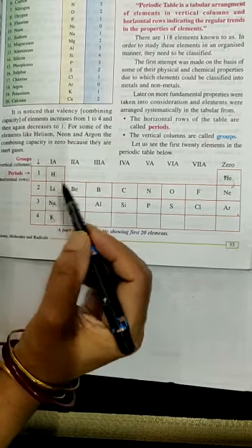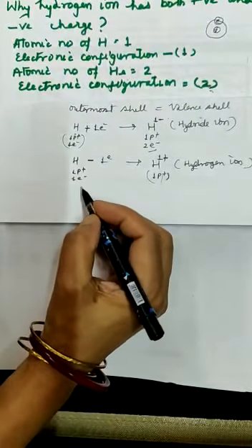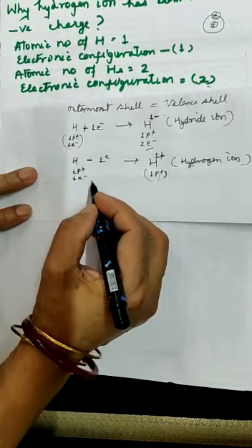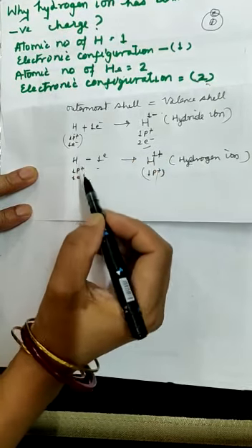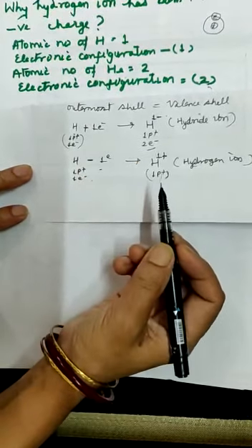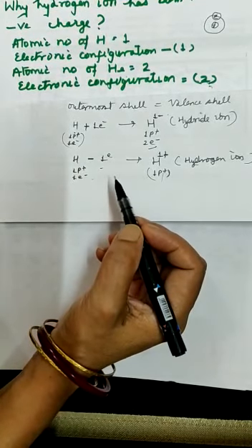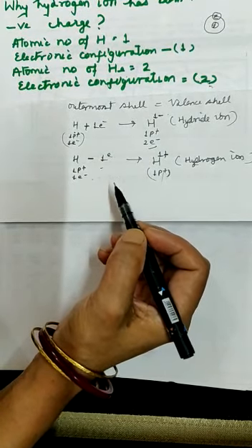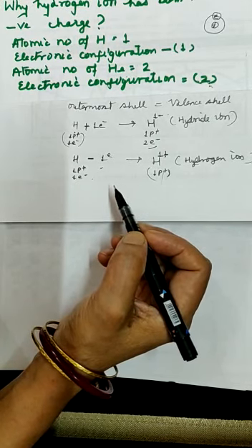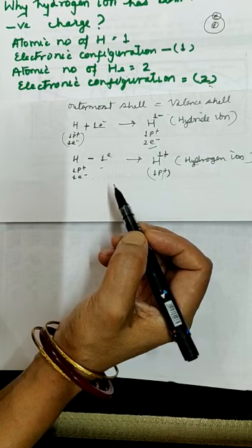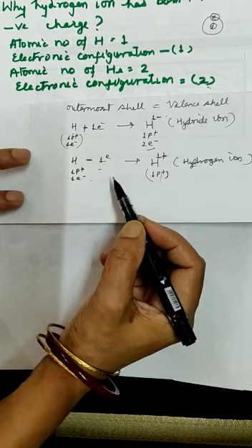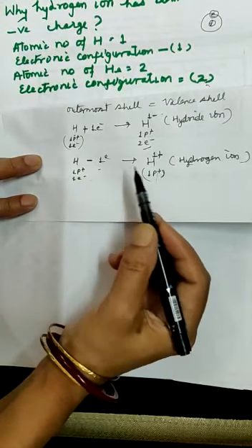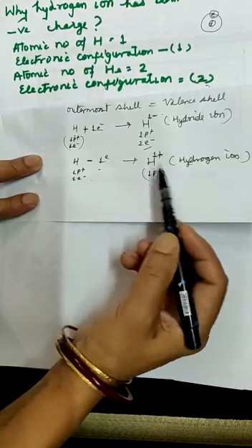Not only giving electrons, hydrogen actually shares electrons as well. Being a non-metal, it has the property of sharing electrons as well. So hydrogen is a unique element which can give one electron, which can take one electron to become stable, as well as share one electron. So the answer to one more question that a child asked was, why are only hydrogen atoms used to define valency, that is, the number of atoms that combine with or displace the atom of that element or the radical? The answer is in the uniqueness of hydrogen only. Hydrogen can give one electron, take one electron or share one electron.